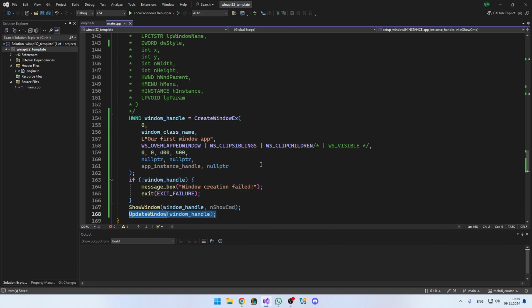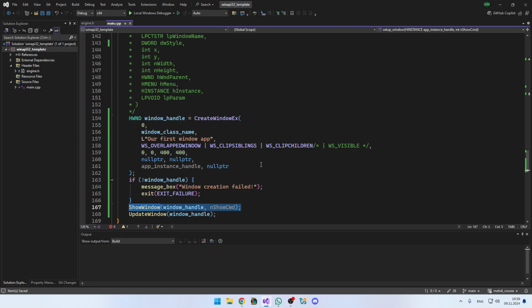But in the second approach, less popular, ShowWindow, then UpdateWindow. So update the state of the window, and we tell Windows to look at the reconfiguration and how we reconfigured the window. This was the reconfiguration. So add the WS_VISIBLE flag